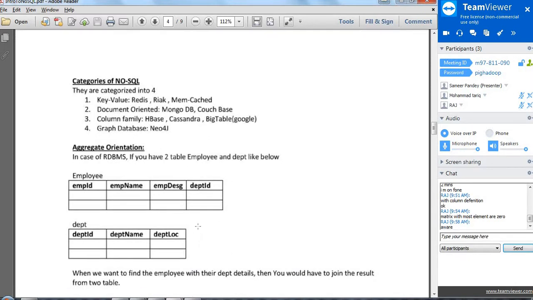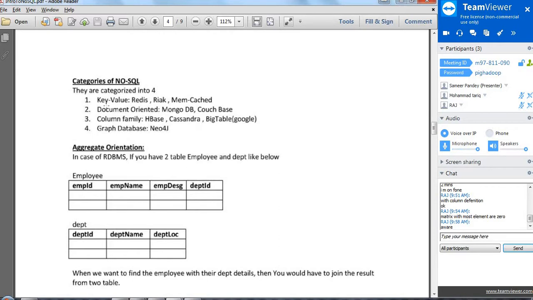Okay, so we have just gone through a few properties of a NoSQL database, and then we'll understand the categories, like what categories we have in NoSQL. So the categories are key value. A NoSQL database can be of key value type, document oriented, column family, or graph database. Key value is nothing but the data will be stored in a format of key and value. I'll tell you in the upcoming session. I'm going to discuss this, what is this key value?